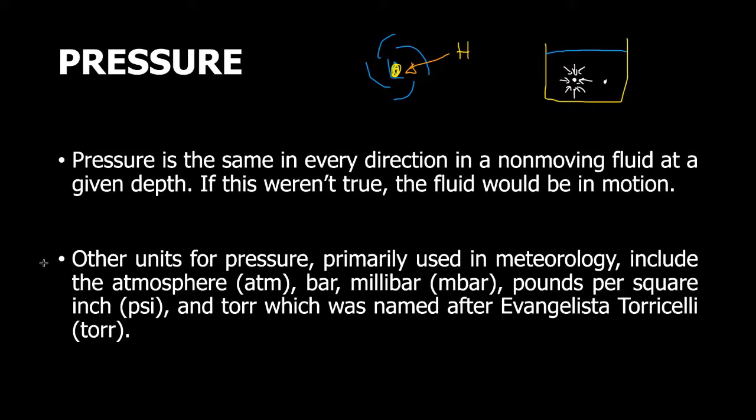So let's also take note of this second bullet. Other units for pressure primarily used in meteorology include the atmosphere. So 1 atmosphere is the pressure at sea level. So this is at sea level. Hindi naman kita, pero sige. The bar and the millibar. This is equal to 100, I guess, na kilopascals. I-search nyo na lang to verify. The pounds per square inch, which is the US customary system. And the Torr, which was named after